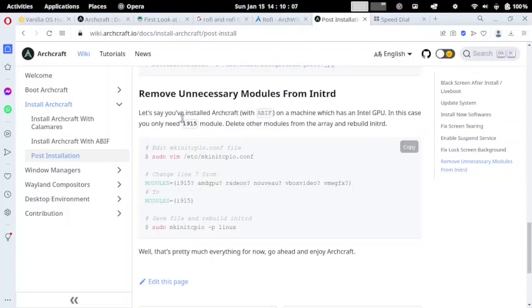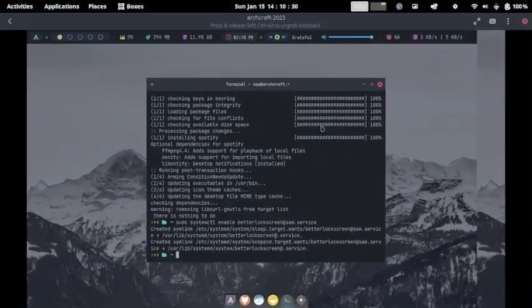And now how to remove the unnecessary modules from the initrd. So let us say you have installed Archcraft with ABIF on a machine that has an Intel GPU. In this case, you only need the i915 module. Delete the other modules from the array and rebuild the initrd. So for that you have to use this command. So let us try out this command: sudo vim